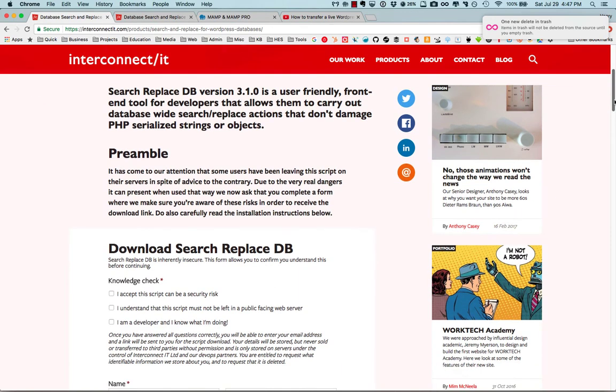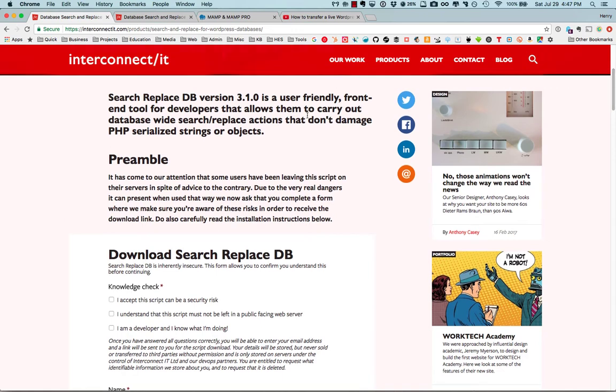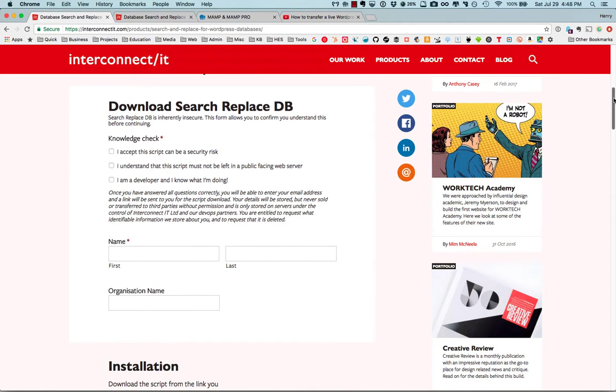Basically it's a fantastic tool, and the main purpose of this tool is just to do string replacements on databases, and it does a great job because it won't damage any serialized data, and that is fantastic. That makes it perfect to use for this type of task. Before, you used to be able to download this tool just with the download button, but now you'll have to accept several tick marks here. So go ahead and do that, and just let them know that you know what you're doing, and then enter your name and your email,